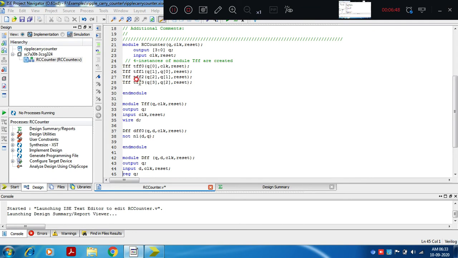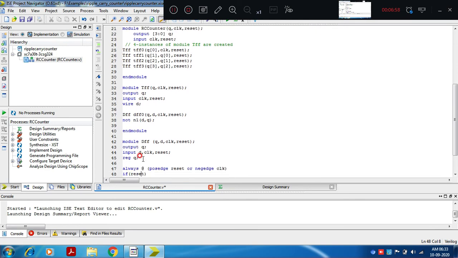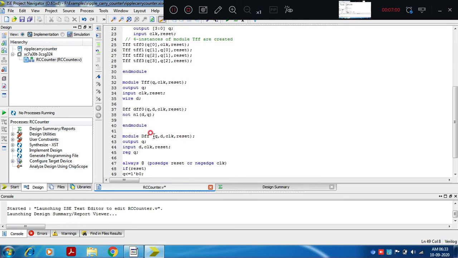TFF0, TFF1, TFF2 and TFF3 are the instance names of the 4 T flip-flops. Now the module D flip-flop: here the D flip-flop is not defined, so we write code for it. This T flip-flop is implemented with the help of a D flip-flop and a NOT gate.